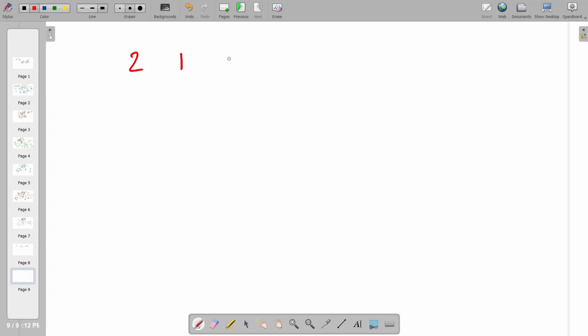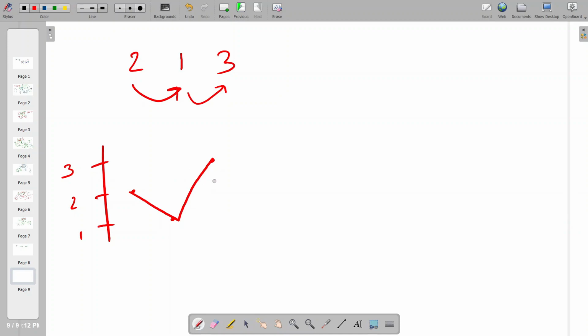Suppose 2, 1, 3 is such an array where we find the number is tending to decrease, but after that it again increases. So if we draw something like a mountain type curve, with the y-axis, we have 1 here, 2 here, 3 here. The first point is here, the second point is here, the third point is here. So the curve is first decreasing, then increasing. Whenever we get such a vertex, either decreasing or increasing in between, we have to sort the array. Once the array is sorted, it will look like a steep slope. This is a monotonic curve, it keeps on increasing, a strictly monotonic curve.